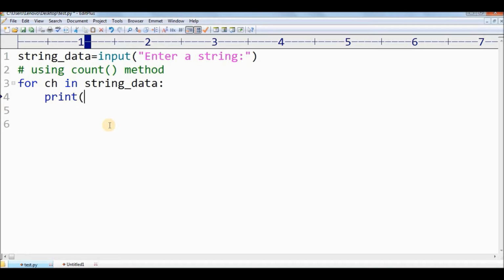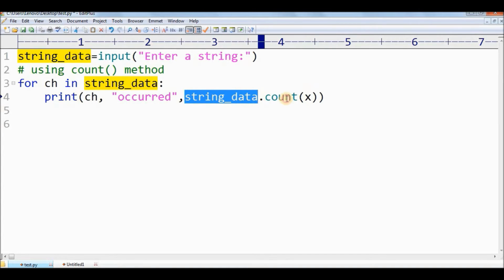If I write print, and I write ch, comma, occurred, and then string data dot count of ch. So this is how we use it. We need to take the string object and use this count method.